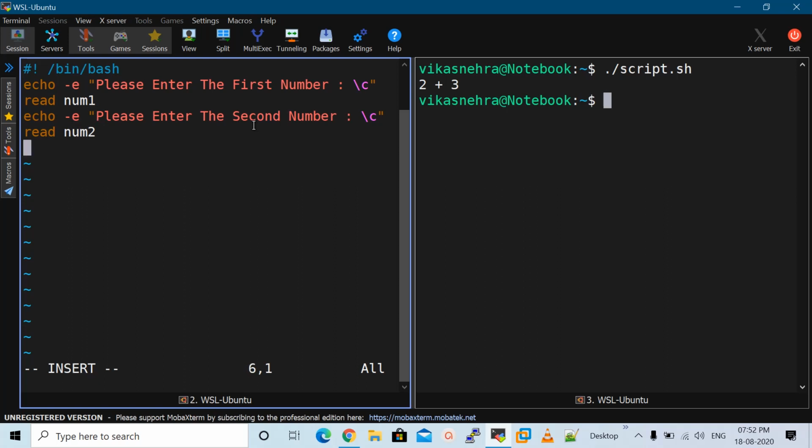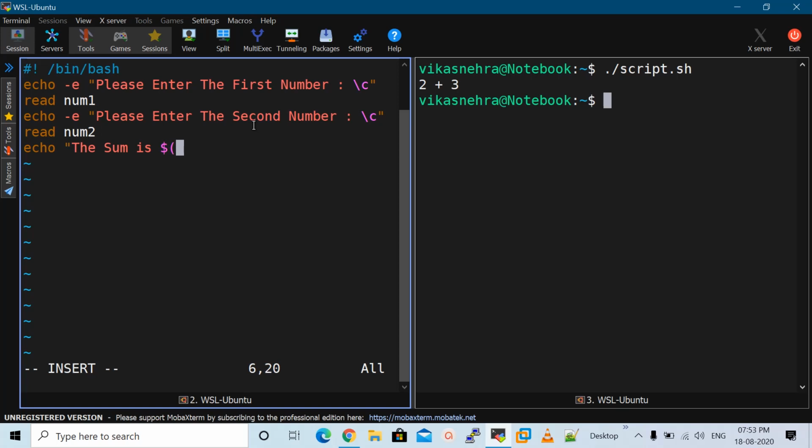Now we can use the echo operator again to perform the addition like this. So here I am going to mention the sum is dollar, and here how will we perform the addition?